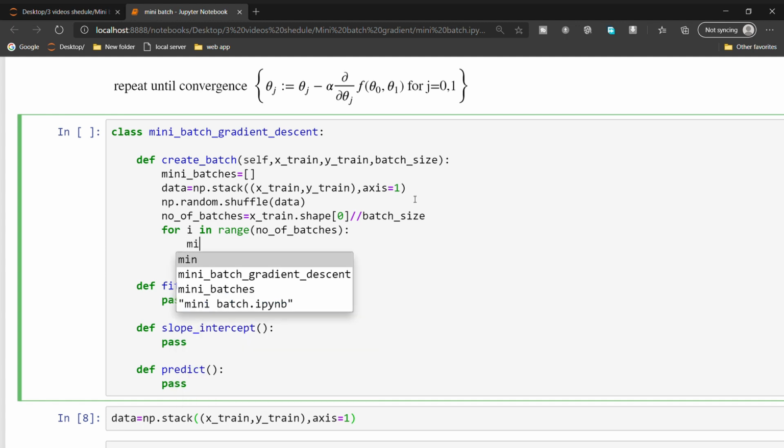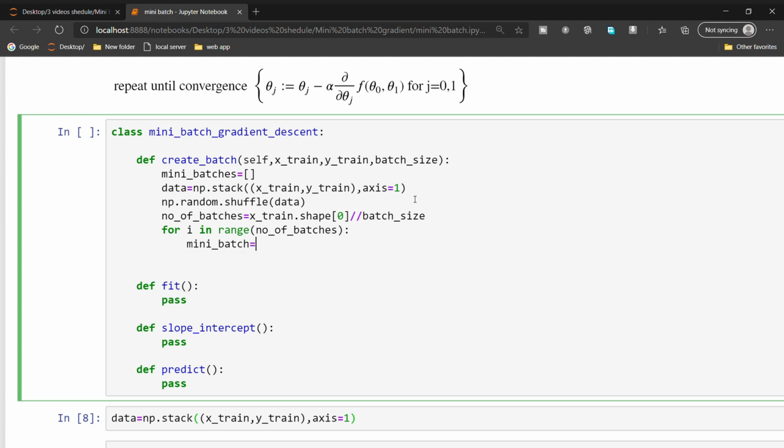Now we need to make the batches. Mini batch equal to data from i into batch size to i plus 1 into batch size.